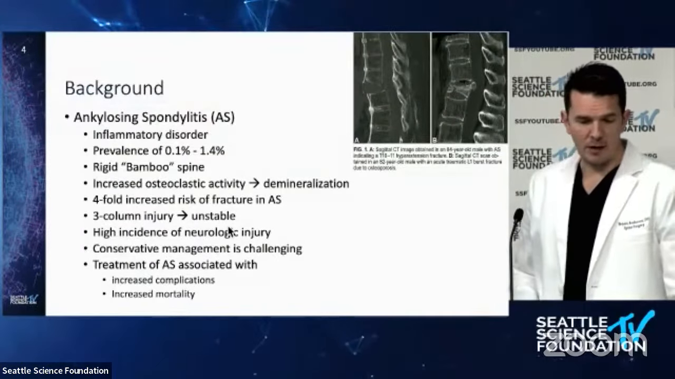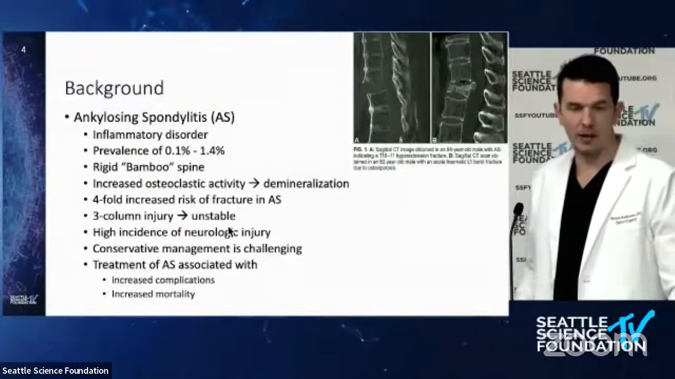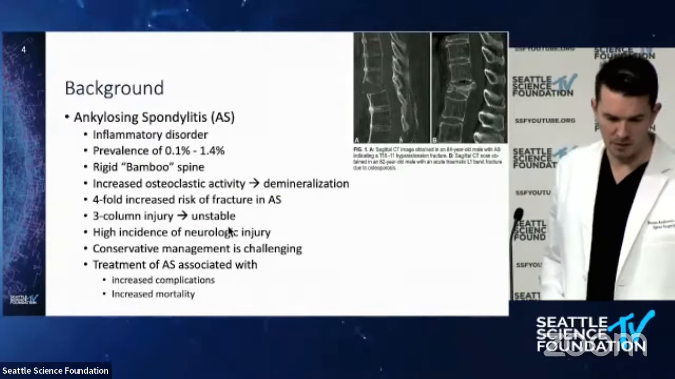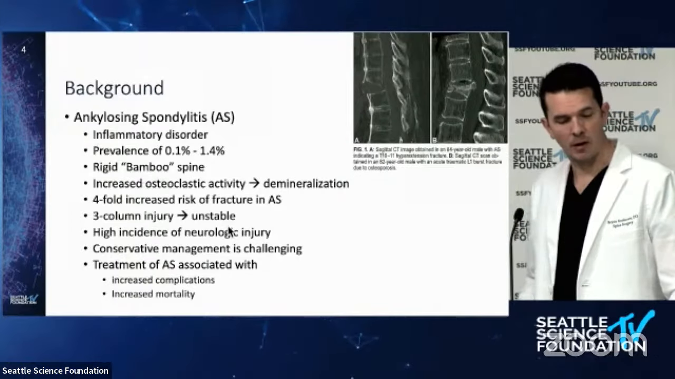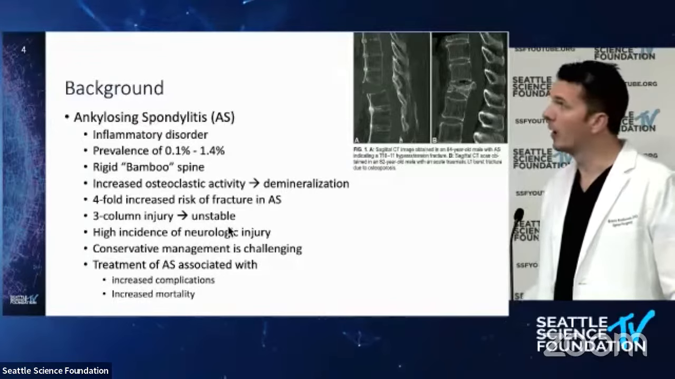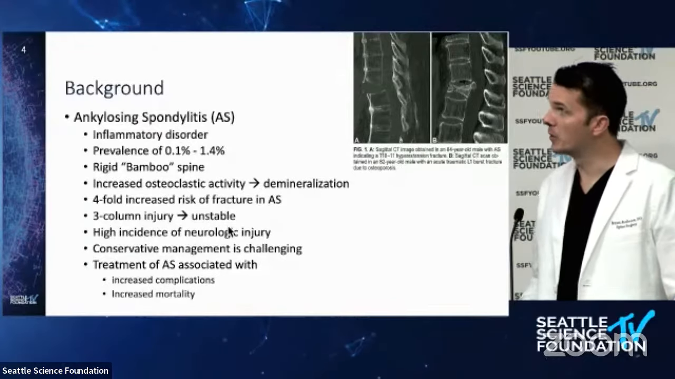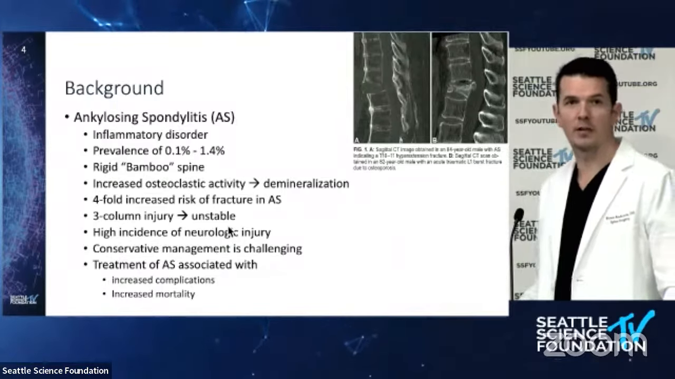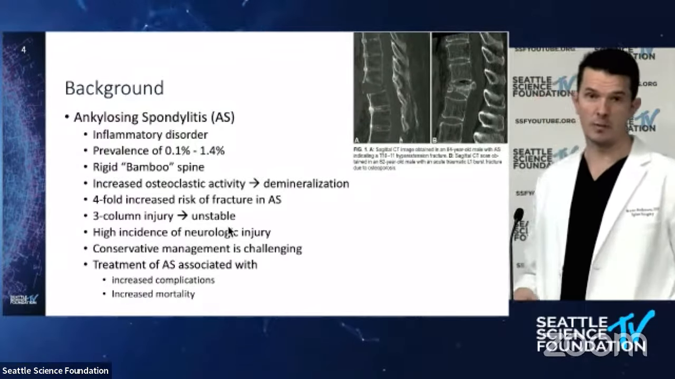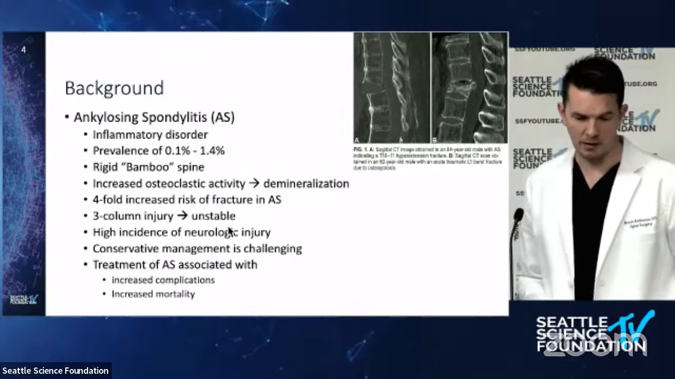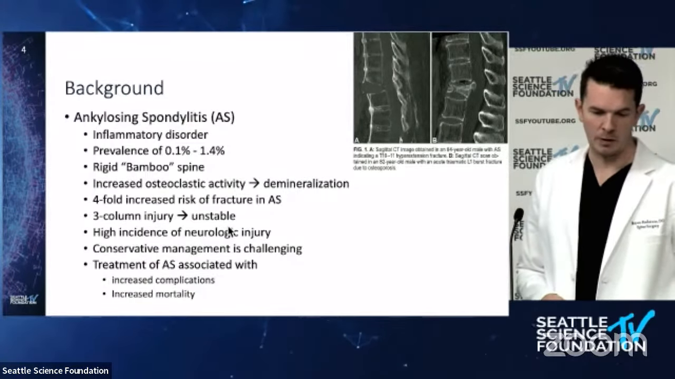Just a brief background. AS is an inflammatory disorder. A lot of these things Dr. Patel already went through this morning, but its prevalence is quite low, somewhere around 1%. You develop a rigid spine that has a bamboo appearance, which you can see in the top left picture. And you have increased osteoclastic activity, which gives rise to demineralization and weaker bone, predisposing to fractures, even from ground level